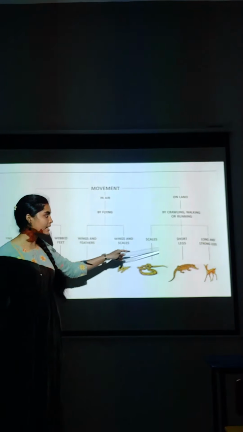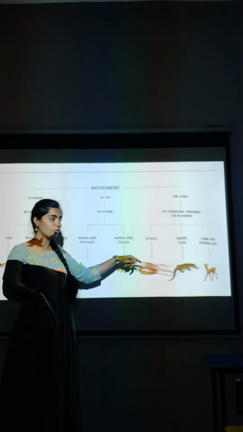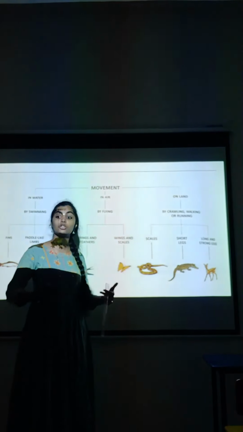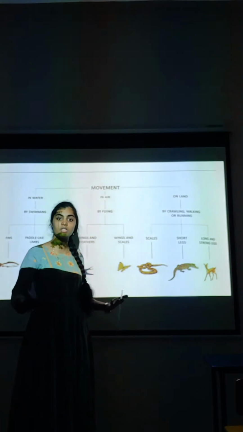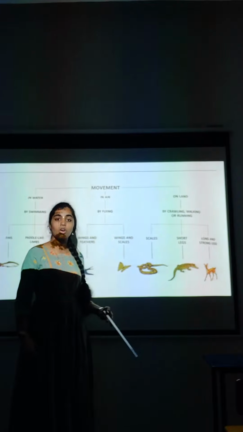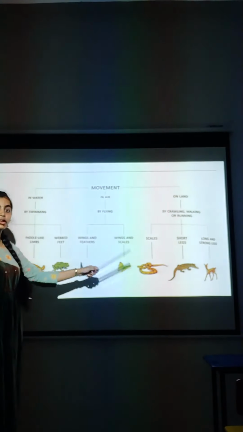Snakes use only scales. See, crocodile has short legs, right? They use the short legs for movement. Long and strong legs. Deer has the ability to jump. Okay? It runs very fast to escape from the tiger. Tiger also has very strong legs, right? In this way, we have different types of procedures in